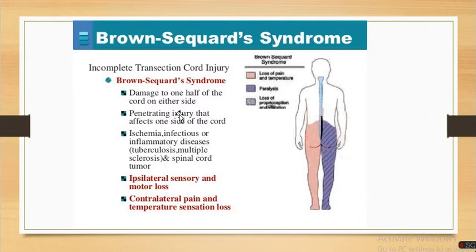There is damage to half of the spinal cord, maybe due to penetrating injury, or ischemia, or an infection, or inflammatory diseases like tuberculosis. You know, when tuberculosis occurs in the spine, we call it Pott's disease. And multiple sclerosis, which is an autoimmune disease, or a spinal cord tumor can also cause